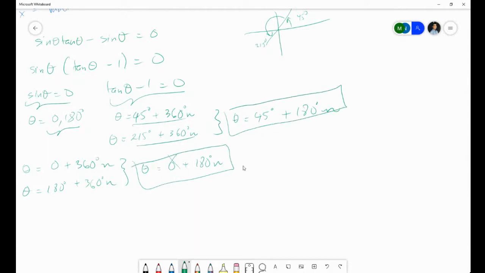Now, if I were to list them all out between 0 and 2 pi, we have to do this. So we have to let n equal 0, 1, 2, and so forth. Okay, so if I let n equal 0, let's see what happens. I have 0, 45 degrees. If n is 1, I'm going to have 180 degrees, and 180 degrees plus 45, which is 215,